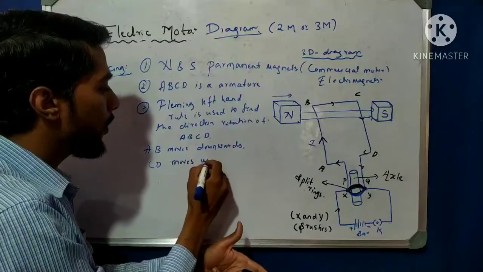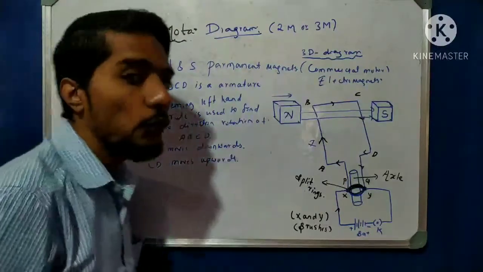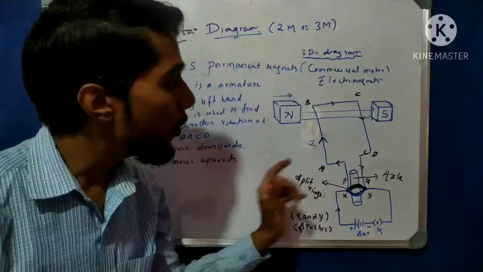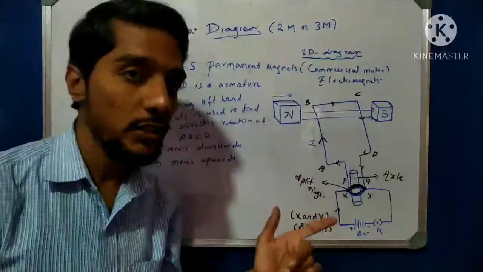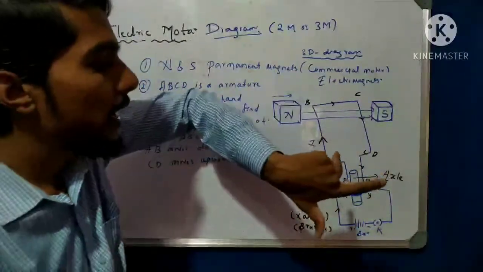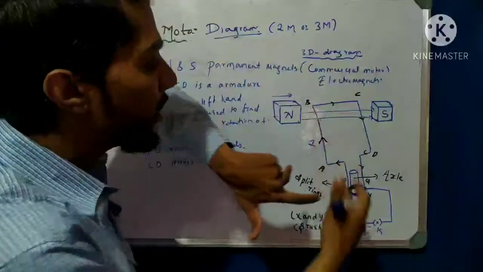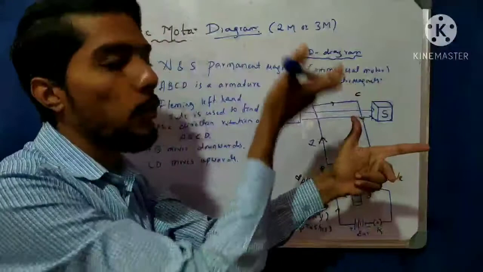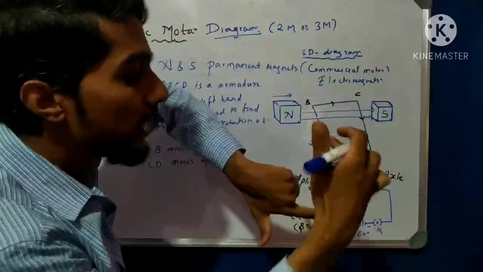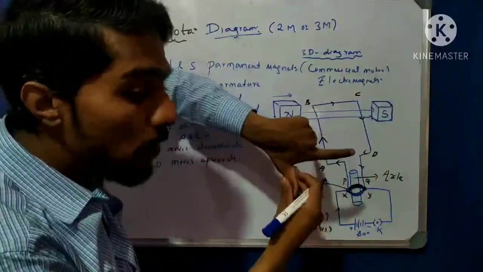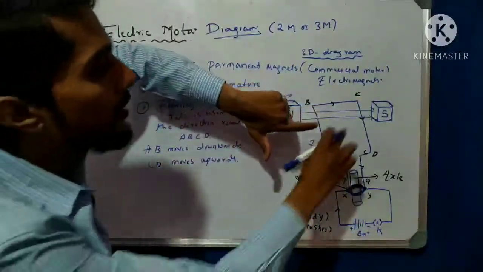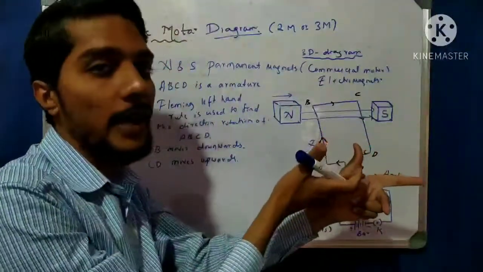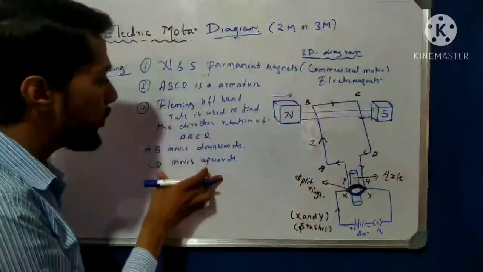That is how you find the direction of motion of this coil. In the examination they give the diagram and ask about the motion of AB and CD. If the current is inside, into the board, then the motion is downward. If the current is outside, then it is upward movement. For CD, the current is outward, outside the notebook, so the thumb indicates upward, and CD moves upward.